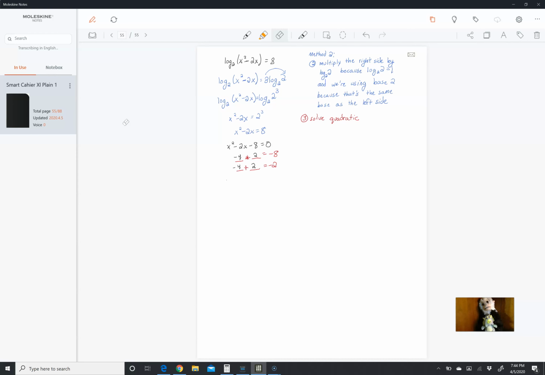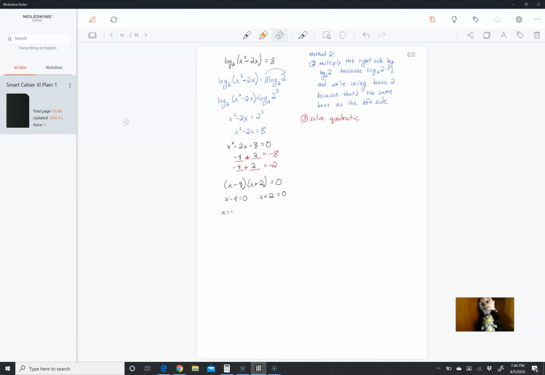Which means that our factors are x minus 4, x plus 2 equals 0. We use the 0 property. So x minus 4 equals 0, x plus 2 equals 0,